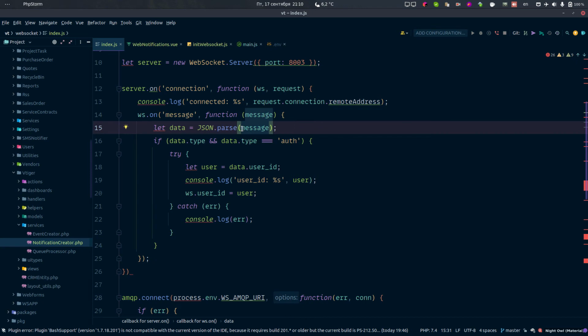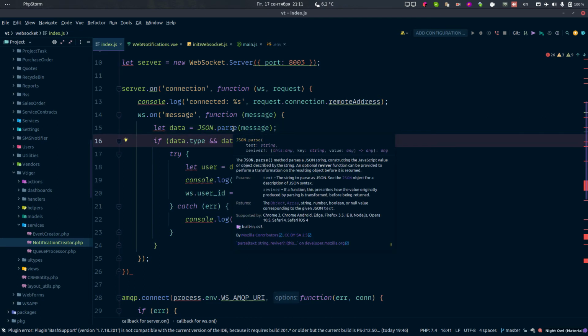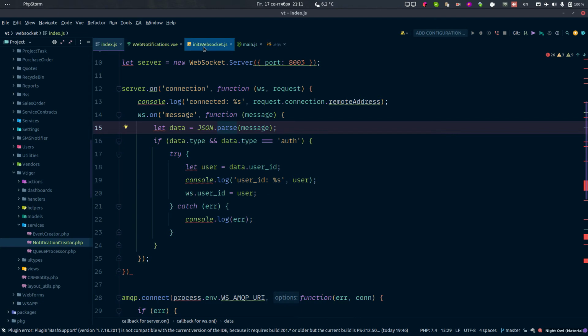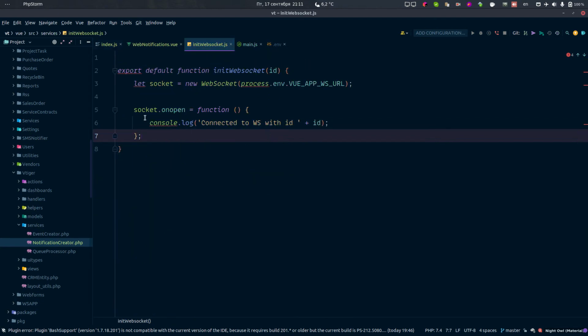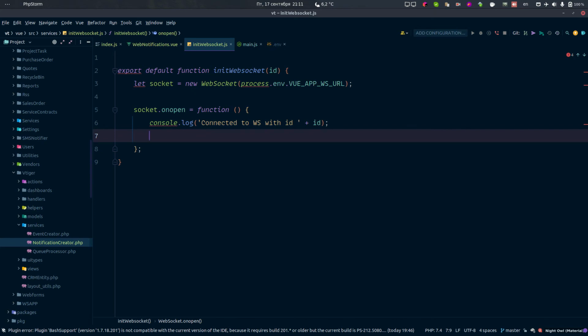Here we will receive a message, and we will check if the type is equal to auth. So how can we pass this message? In our init WebSocket, let's take this one here, we can pass to the WebSocket server. So let's pass some information. And firstly, we need to check if the ID is okay, if we pass an ID and it's not null. So if ID,